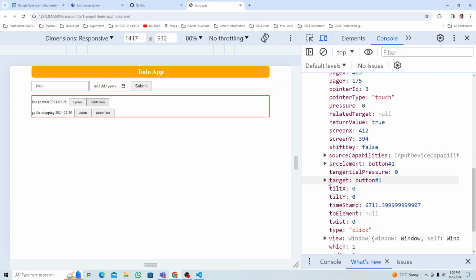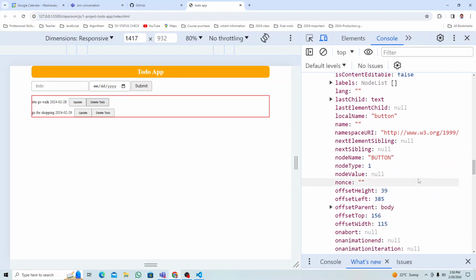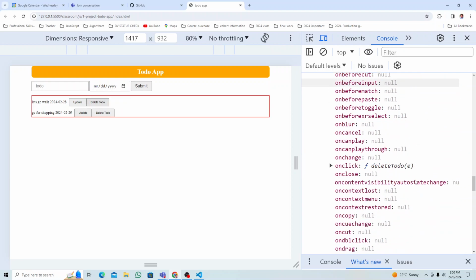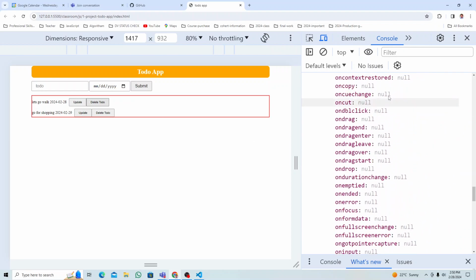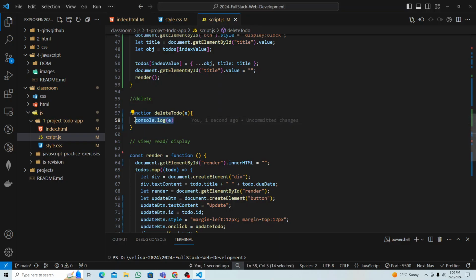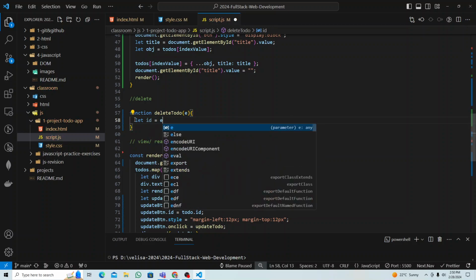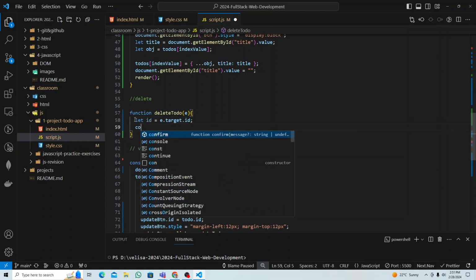So target.id, you're going to have it somewhere here. If you do target.id, you get the ID value, so let's leave it. I don't need to look for it. So what I will do now, let ID equal to target. From the event object, there is a target property, and that property has another property called ID. That ID we're going to get. We can console log